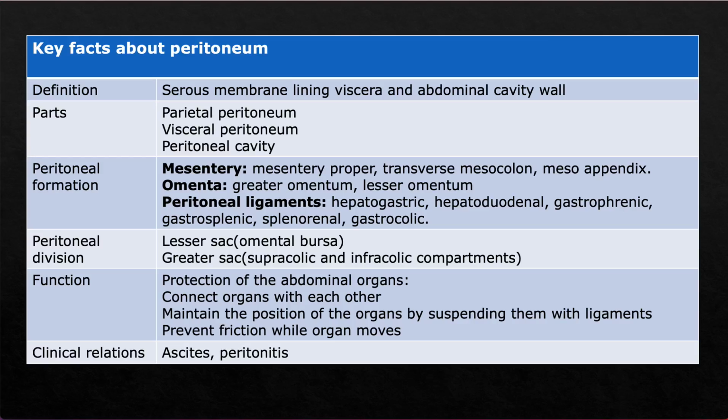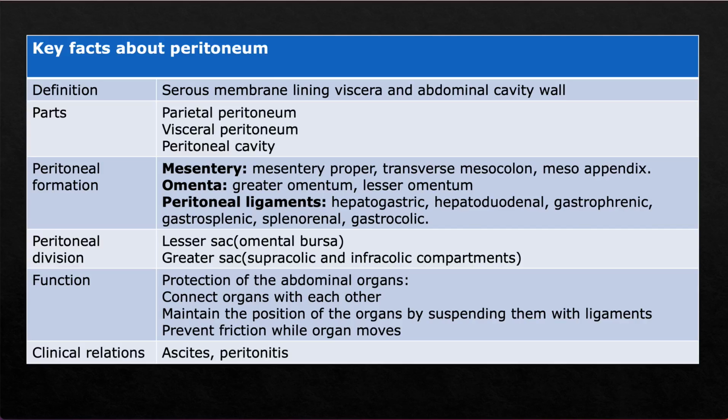So what is a mesentery? We learned that the parietal peritoneum, the layer of the peritoneum which extends from the posterior wall, that becomes an organ, that was called a mesentery. Now this mesentery can be a mesentery proper. Mesentery proper is the term used for the mesentery which holds my jejunum and ileum. Transverse mesocolon is that mesentery through which my transverse colon hangs transversely in my abdomen, and mesoappendix is the mesentery